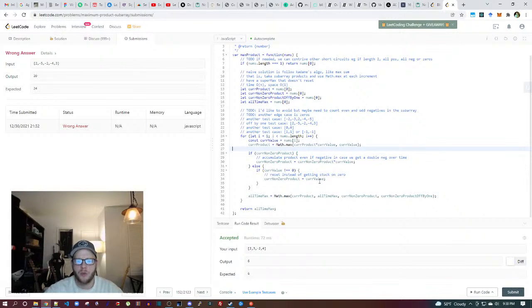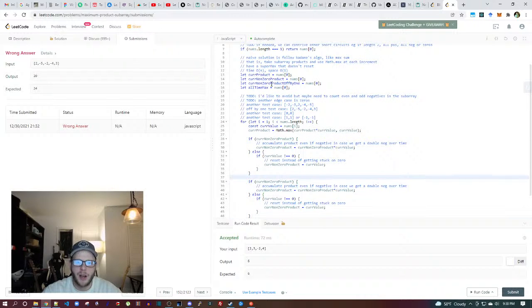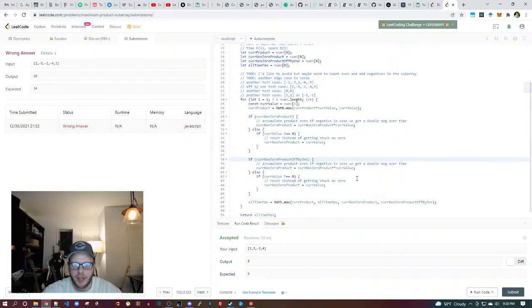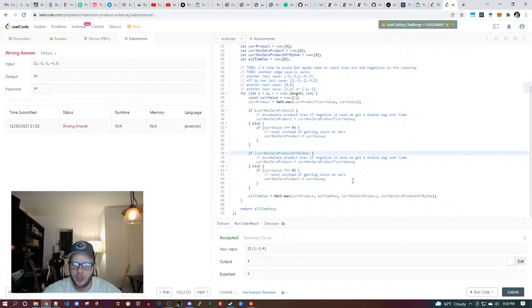Okay, so cur non-zero product, and then we have cur non-zero product off by 1. So the way that this works, if cur non-zero product, let me just basically copy this whole cur non-zero product block, and we will have a cur non-zero product off by 1. If cur non-zero product off by 1,